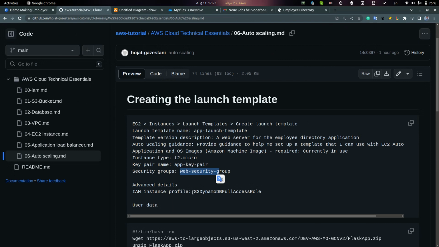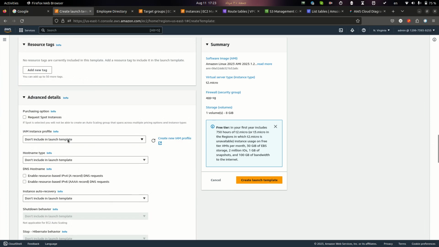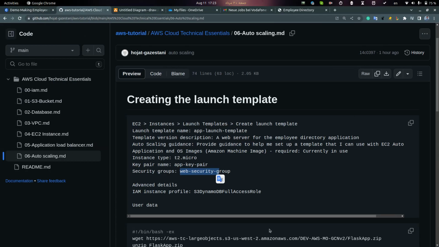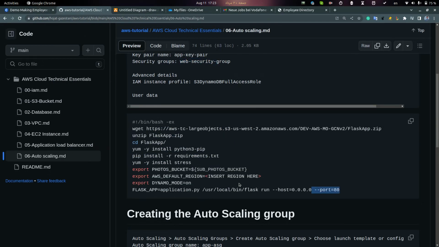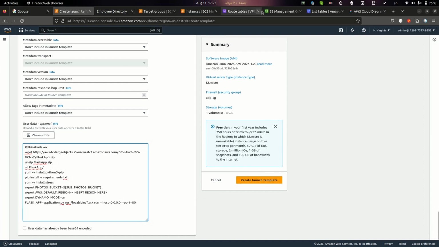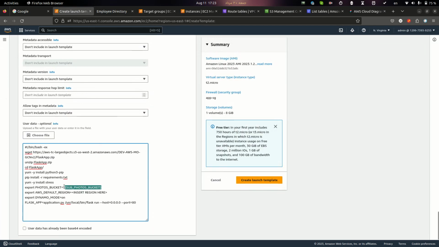And in advanced settings, at first it's required to choose the IAM role and user data. Here for user data,